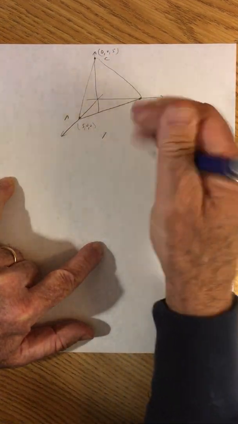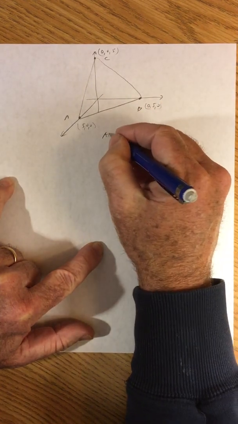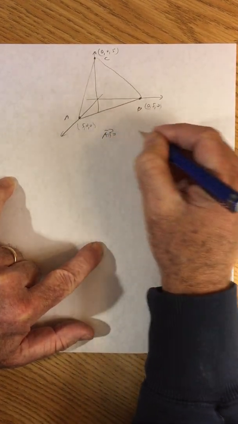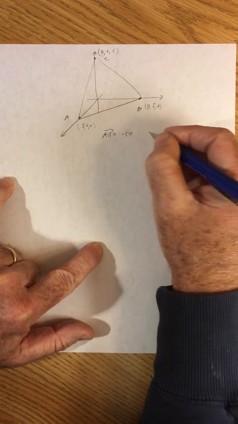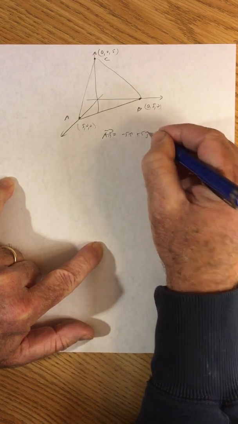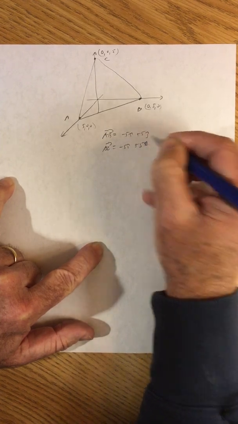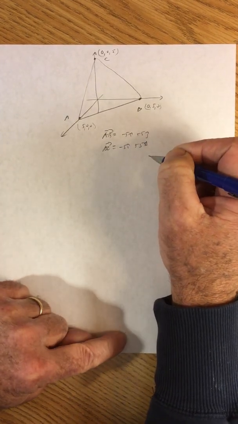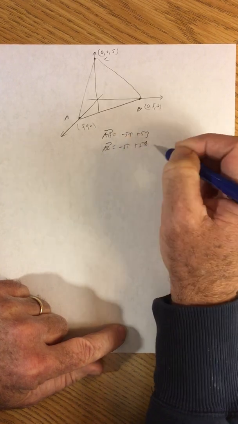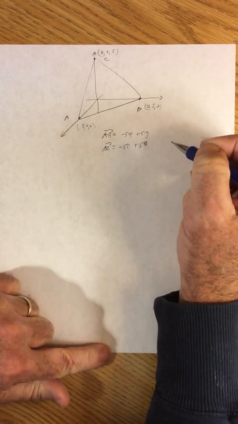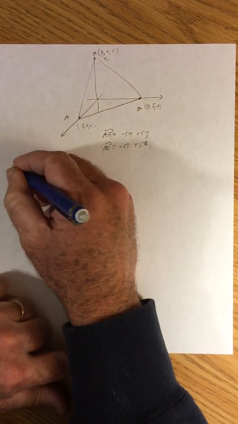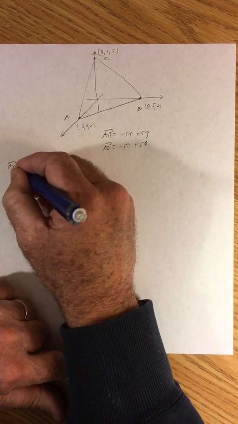Now, vector AB is negative 5i plus 5j. Vector AC is negative 5i plus 5k. And again, I'm not going to write zeros in when I write these vectors because it really just shouldn't be done. Okay, if I take the cross product of AB with AC,